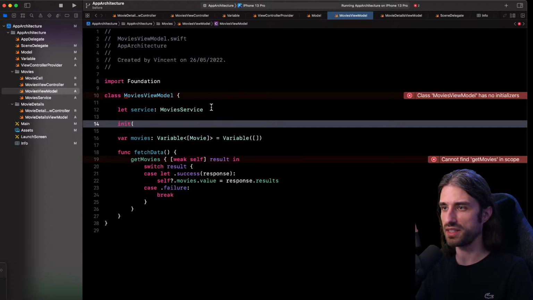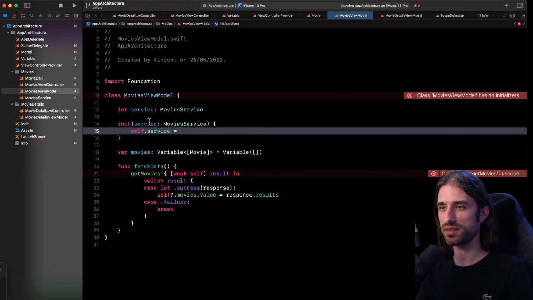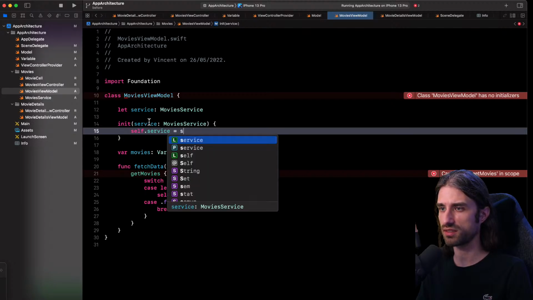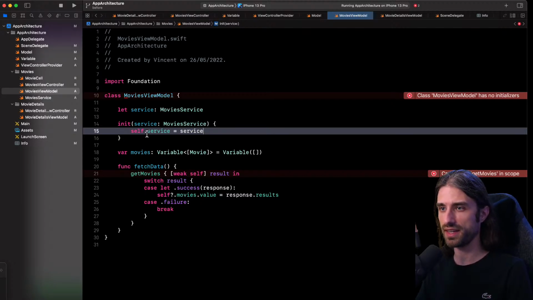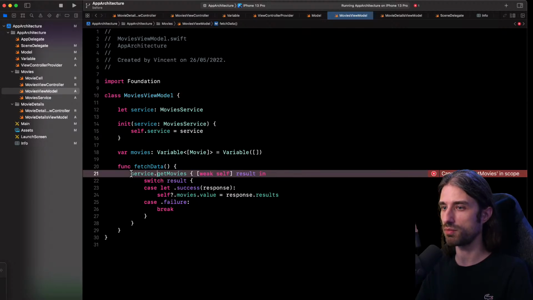Instead, I will have an init where this service can be passed as an argument. And with the value passed as an argument, I will set my service stored in my constant. So like this. And then when I want to call getMovies, I'm no longer calling a global function, but rather I'm calling a method of my service.